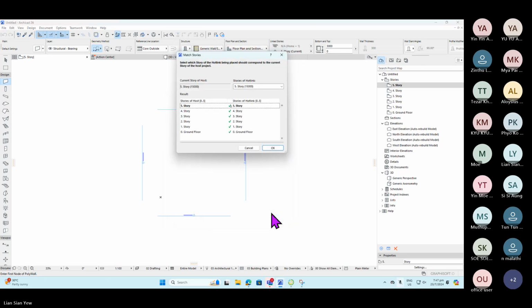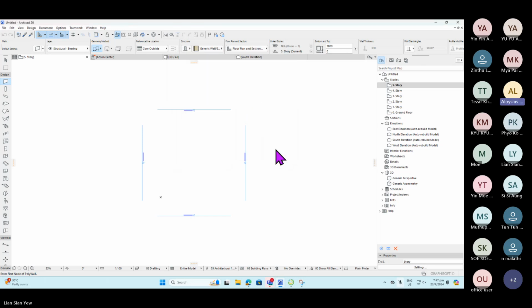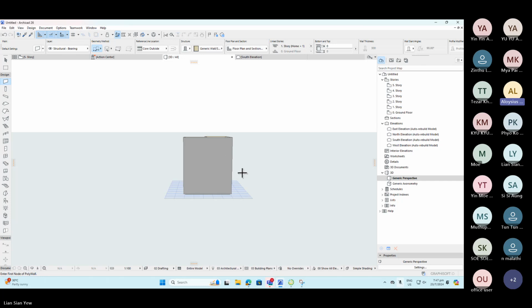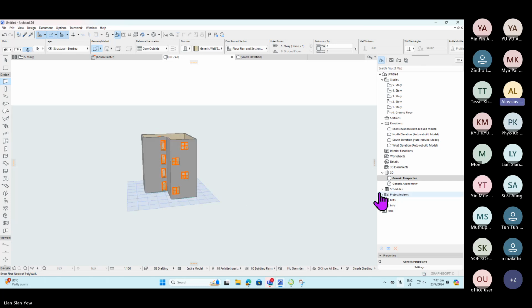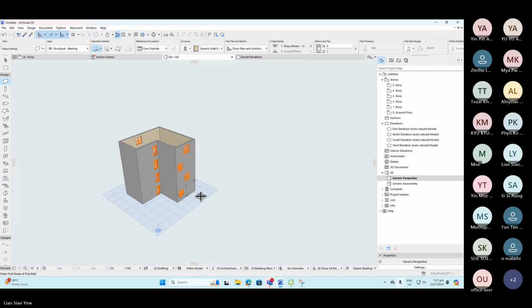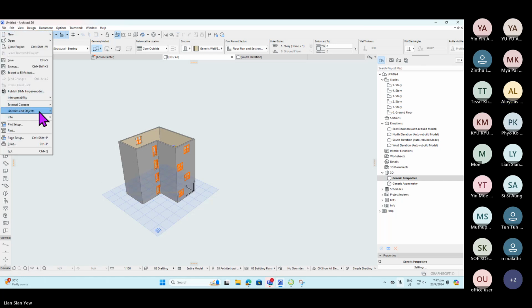Then place hotlink. And click OK. And then click again. And now you will place everything inside here. So even though your module files are split into separate floors, right? Do you notice just now when I was placing it, I repeat again,